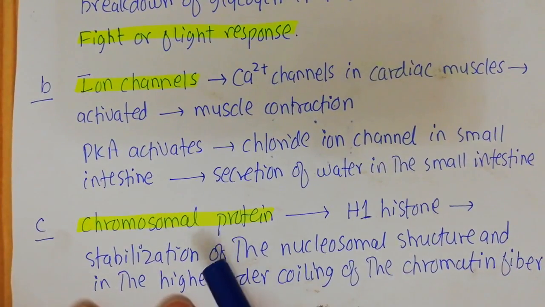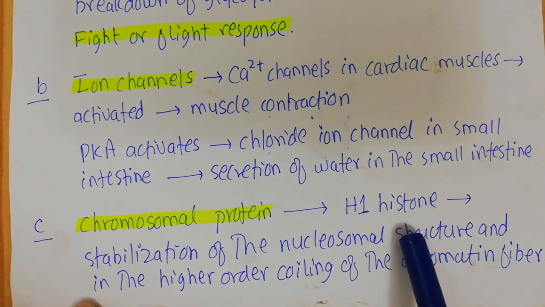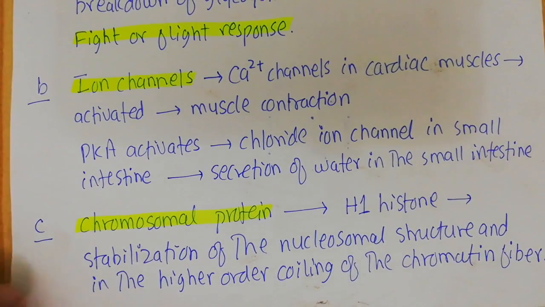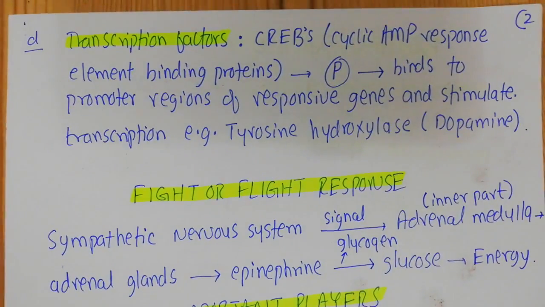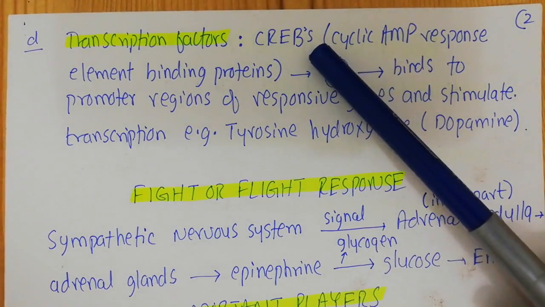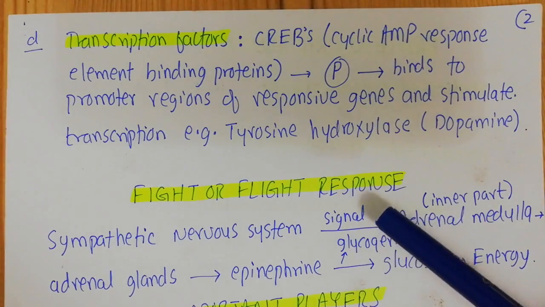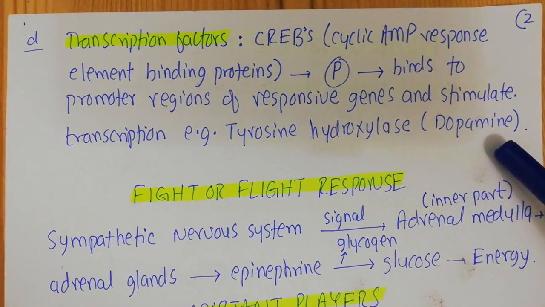Protein kinase A can also activate chromosomal proteins like the H1 histone, which is very important in the stabilization of the nucleosomal structure and in the higher order coiling of the chromatin fiber. Then I told you that protein kinase A can also activate different transcription factors like CREB, thereby stimulating the transcription of the responsive genes. One example was tyrosine hydroxylase, which is important in the formation of a neurotransmitter,